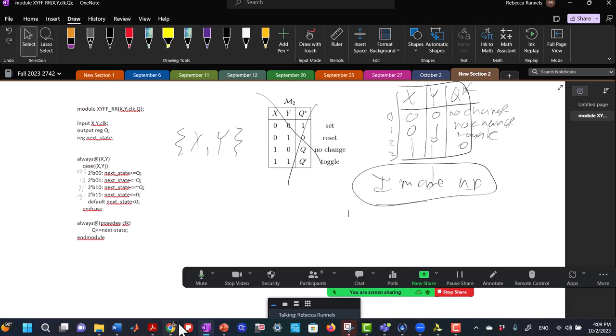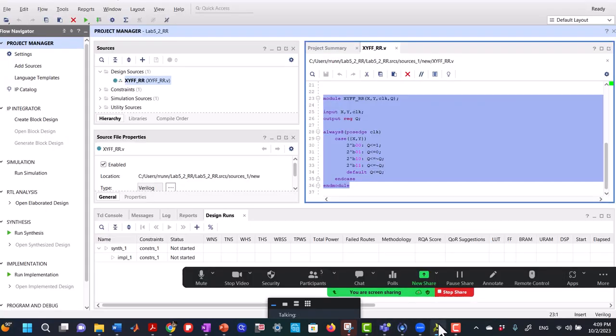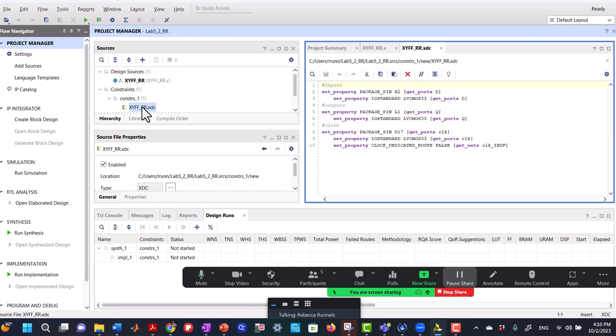Also notice with this one, when you get to this one, you would have to add a constraint because you now have